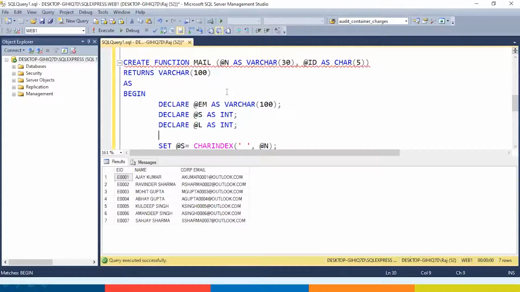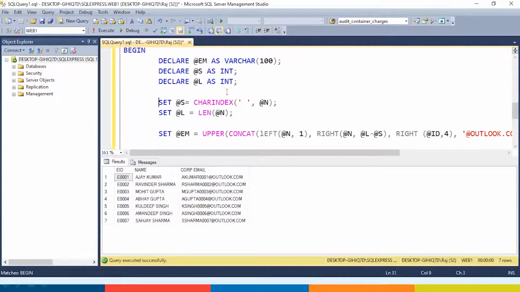So set @s is equal to charindex space comma @n. This will find the position of the space within the string and will store it into the variable s. L will find the length of the string and will store it into the variable L. And finally, we have used the concatenation operator and concatenated the first character, the last name, and the last four digits of the employee ID followed by outlook.com and assigned it to the variable EM.